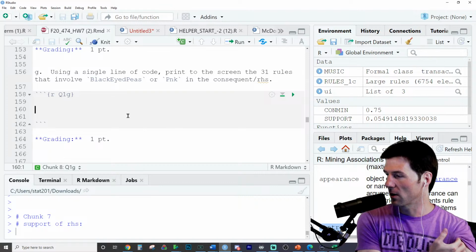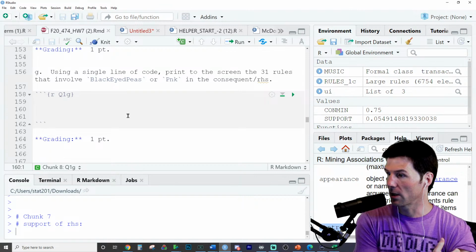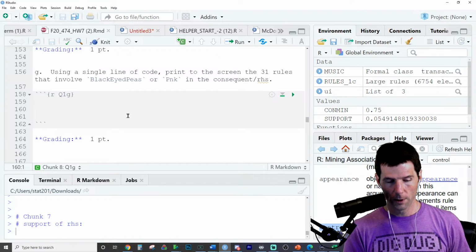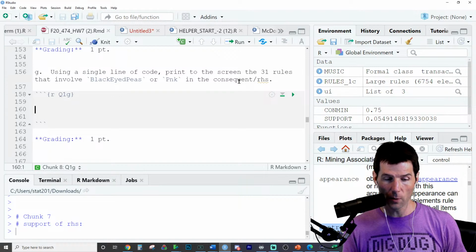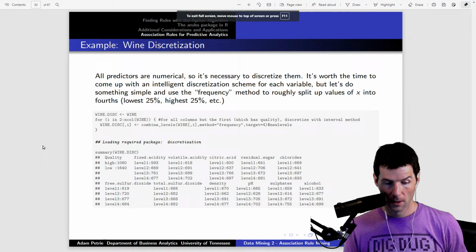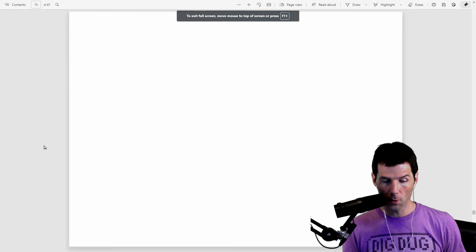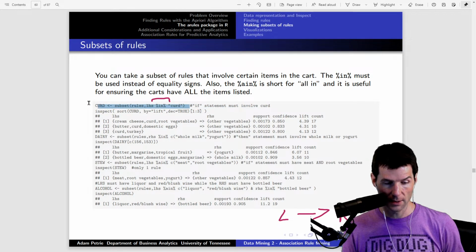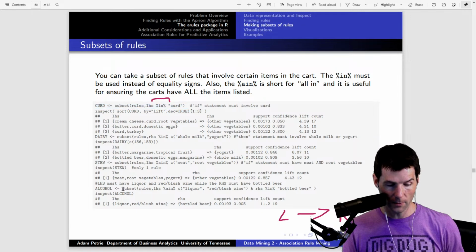Yeah, Ben. Take a look at next here. I think we did the rules one time, correct? And so these are the same rules, unless I don't think we changed it. So we're going to go in here and use a single line of code, print to the screen 31 rules. Okay, so we need to go. One of the great things about this is we're going to take certain rules. We're going to use the subset on the rules. So here we are. And we're going to take a subset. There we go. Let's go down here. A lot of things right here. Actually, this is basically what we want right here. And right-hand side. We don't want that in right side.